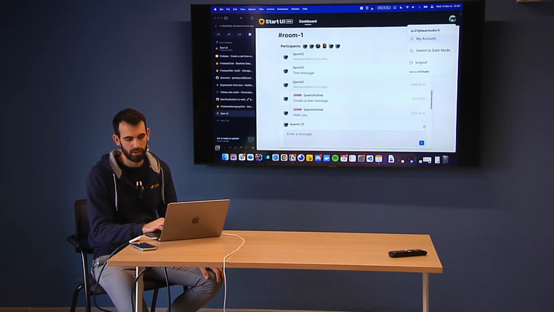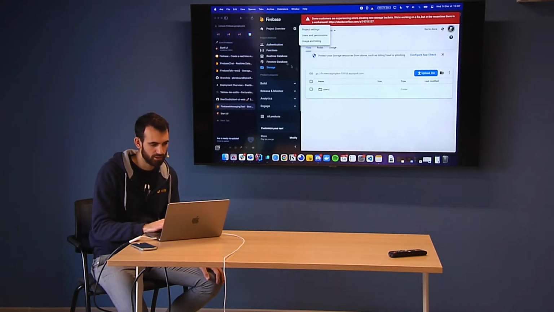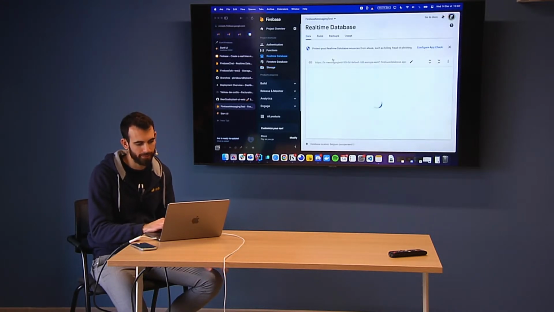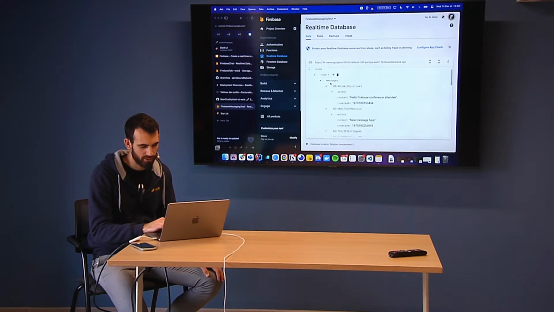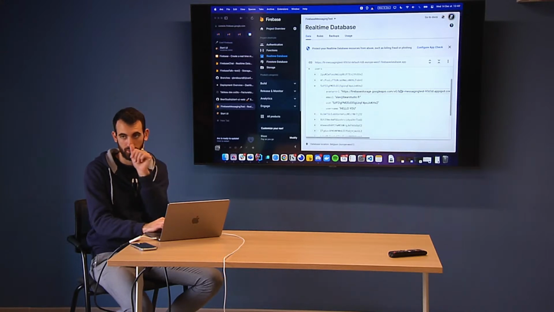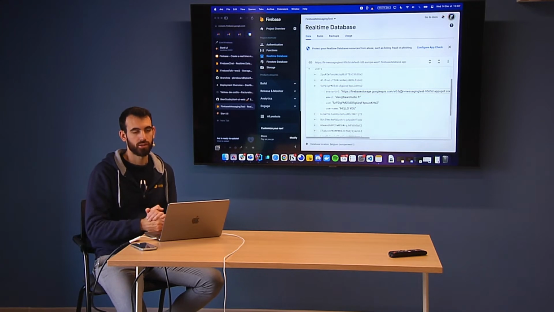So yes, my image is right here, and I can see, I think it's this project, so in the real-time database. I have a lot of accounts, so I don't know which one this is, but as you can see here, it's with another account, but the avatar URL looks like this. It's a URL going to Firebase. Okay, so we saw